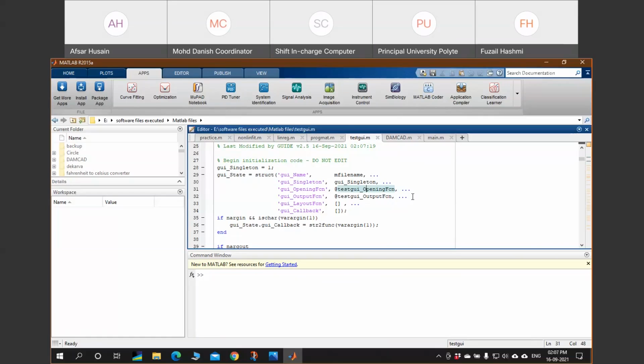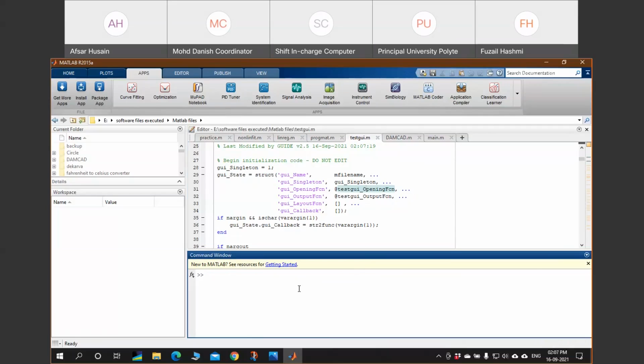So to create a graphical user interface, there is one command which is useful in MATLAB. What is the purpose of this command? The purpose of this command is that it will take you to the environment where you can create your whole graphical user interface.